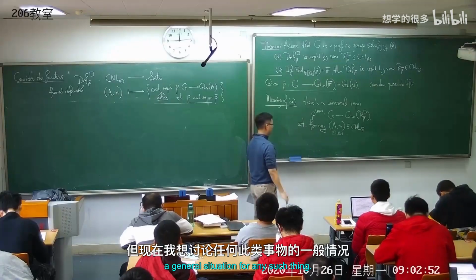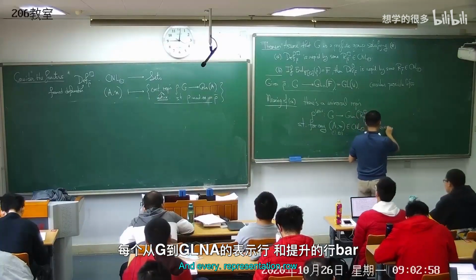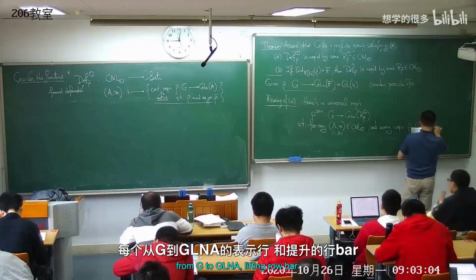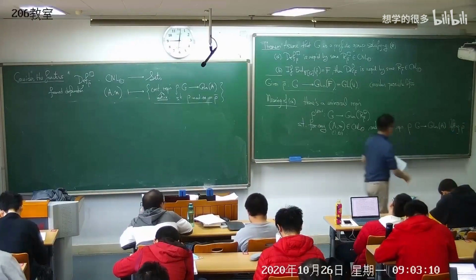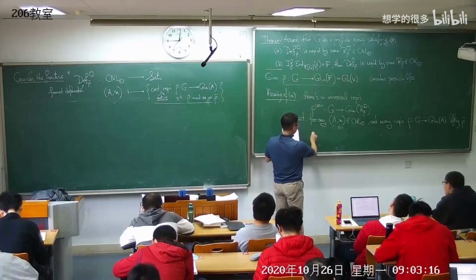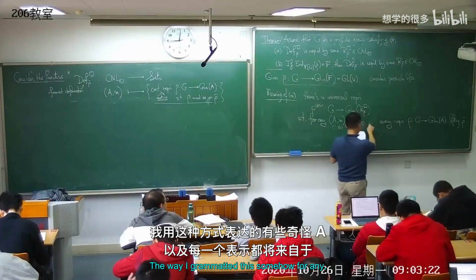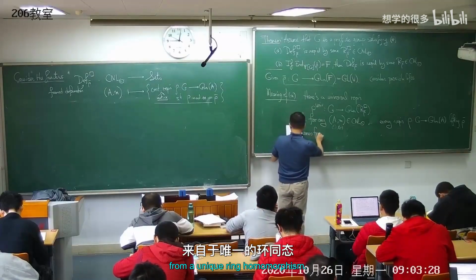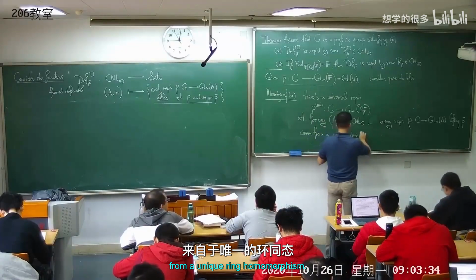But now I'm going to talk about the general situation for any such thing, and every representation rho from G to GL_n(A) lifting rho bar, in the sense we had over here. Hold on a sec. The way I formulated it, for any A, every representation comes from a unique ring homomorphism